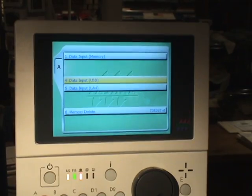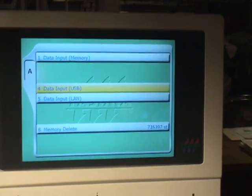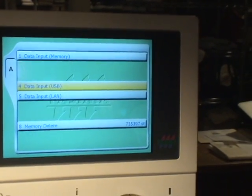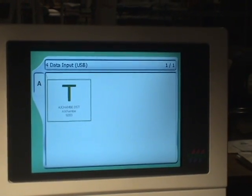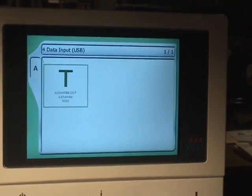Pressing the A button again, we see we have a choice that says data input USB. We have a USB stick inserted in the side of the machine. We press set and it will read the USB. There's only one design on this USB stick, but you'd normally use the dial to select a design. You press set again,